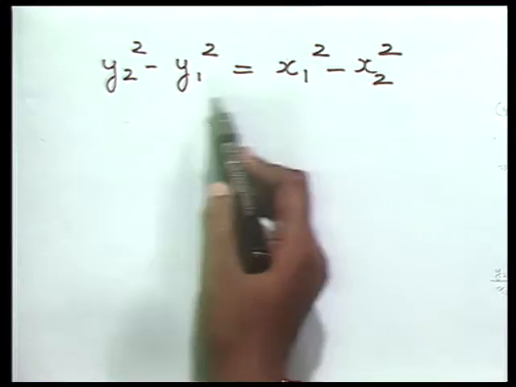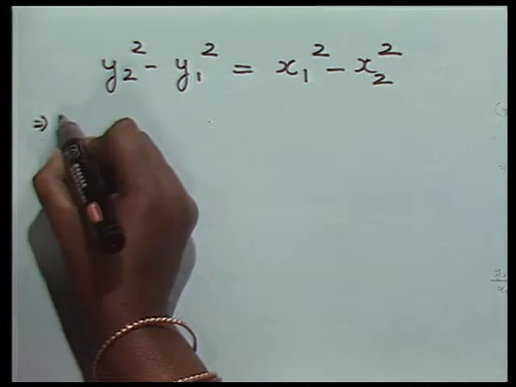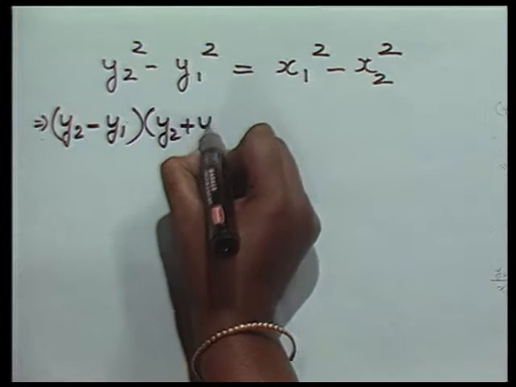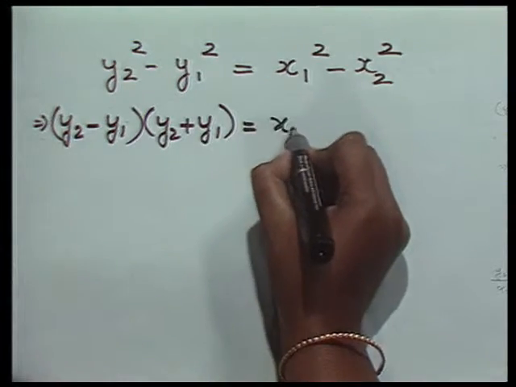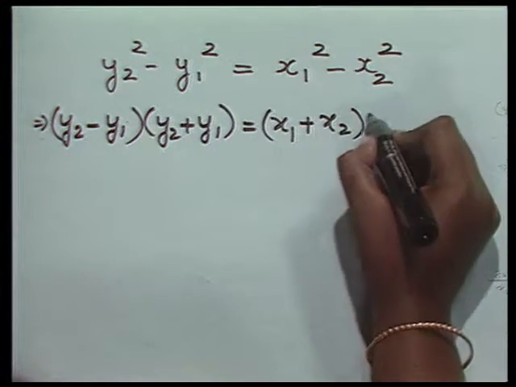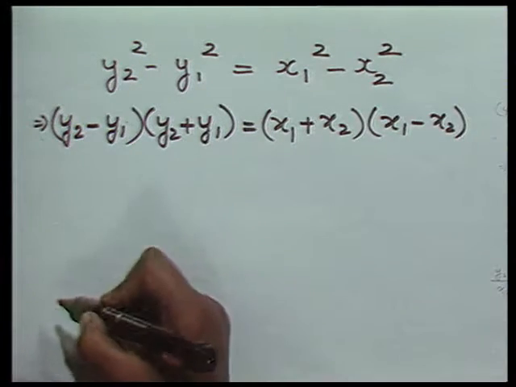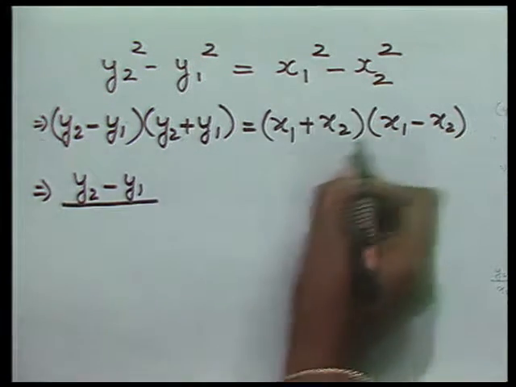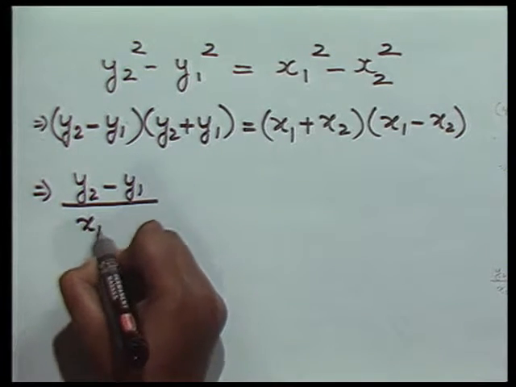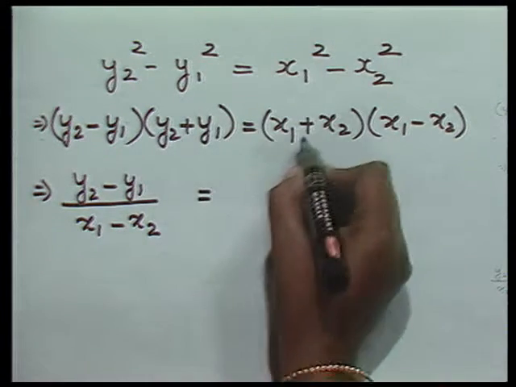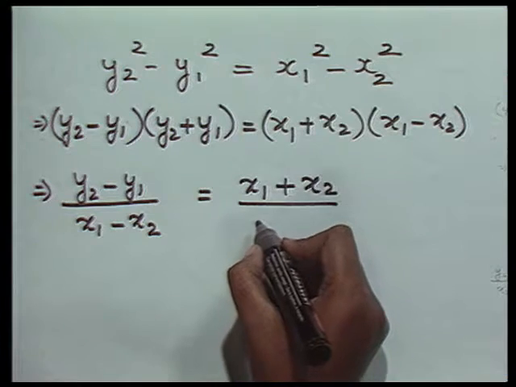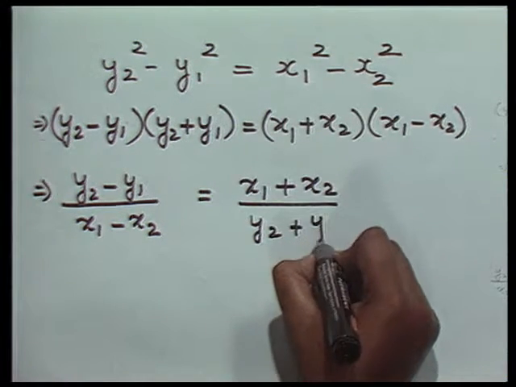x2 square. Now, using the formula a square minus b square equals a plus b into a minus b, we can open this and we have y2 minus y1 into y2 plus y1 is equal to x1 plus x2 into x1 minus x2, which further gives us y2 minus y1 upon x1 minus x2, taking this to the left hand side, is equal to x1 plus x2 upon, this goes to the right hand side denominator, y2 plus y1,